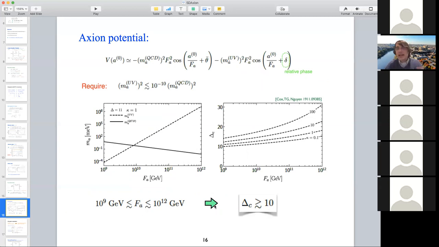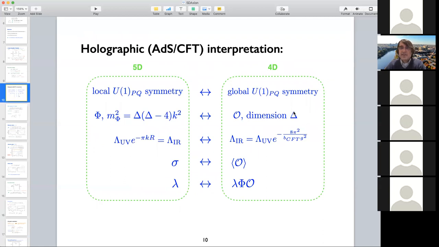And indeed, the dimension of the operator has to be of order 10. In fact, this capital delta here is related to the dimension of operators in the CFT dictionary. And so that's what I had back here. You see that this delta was literally the dimension of this operator. And I'm telling you that from the extra dimension, this delta has to be bigger than 10. And that's agreeing with what we expect just from the 4D,